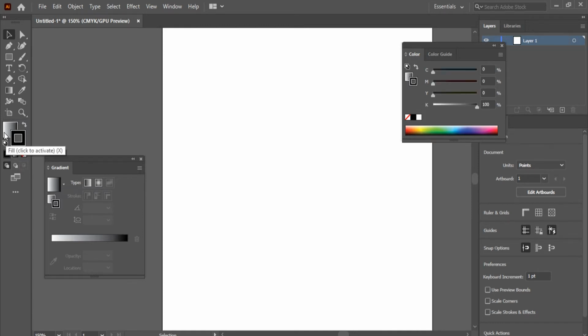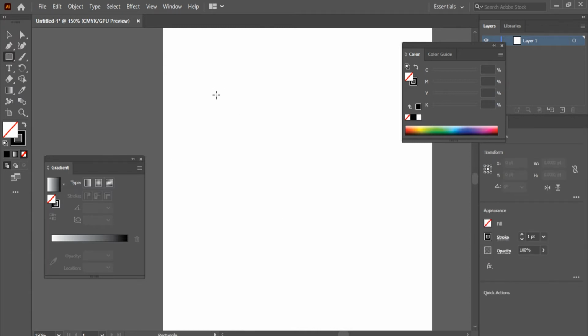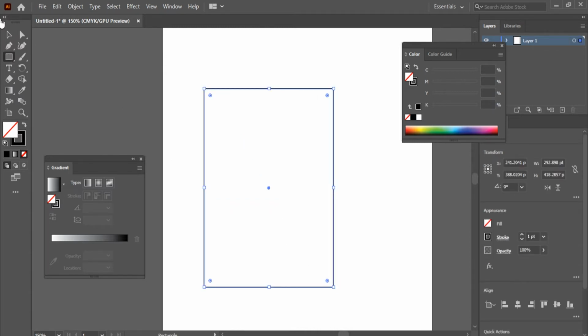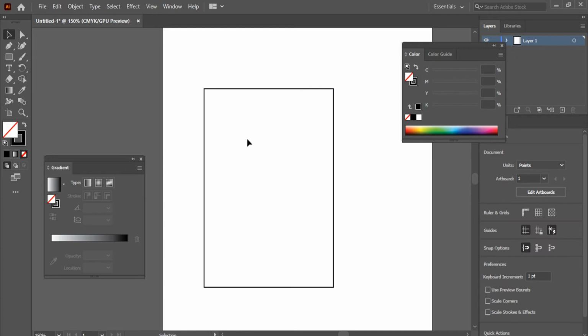So if we set this back to black and go back here and say we don't want any fill, this means that we'll have no fill but a black stroke. So again, no fill with black stroke. And if I put something under it,